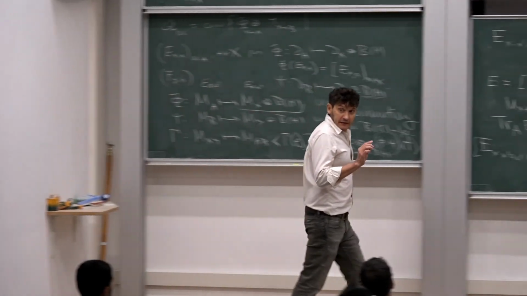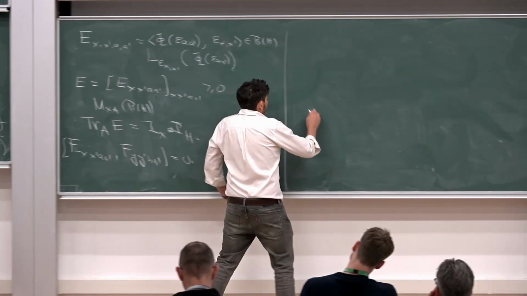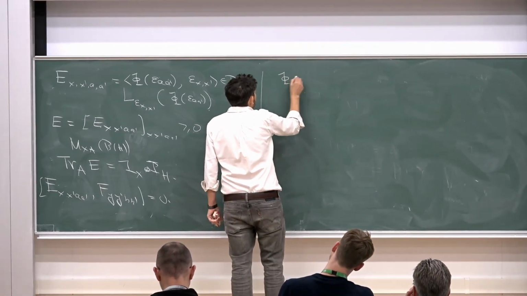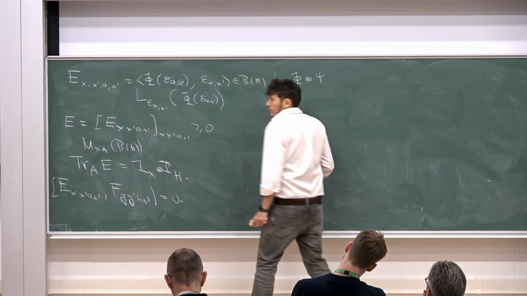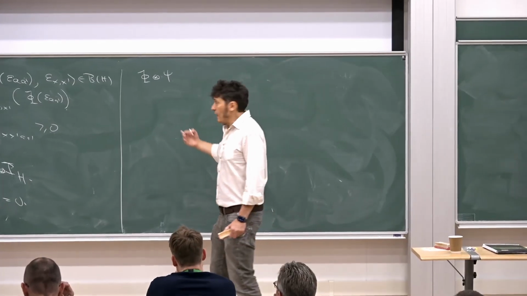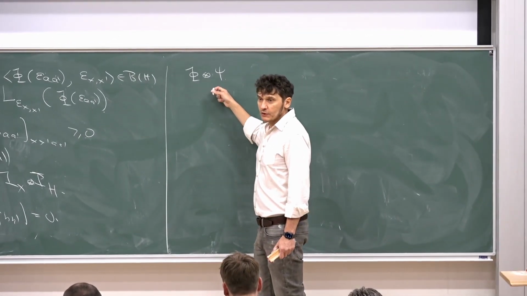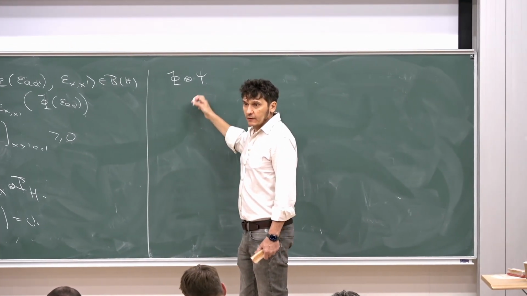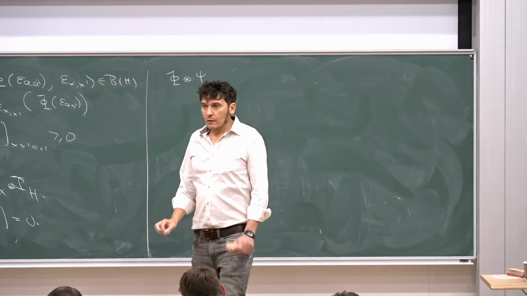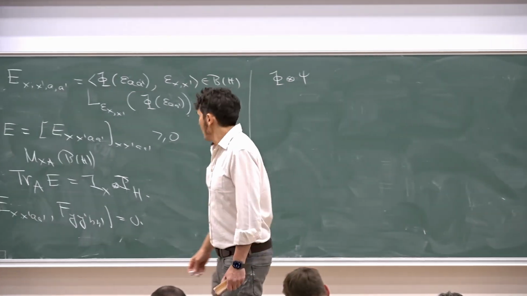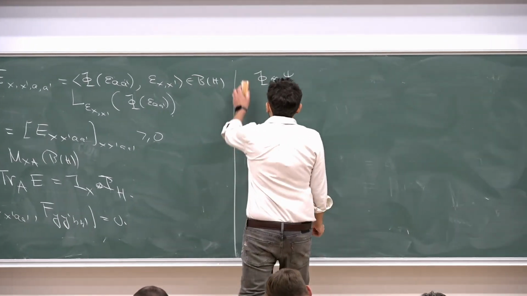So let's see the tensor form. The tensor form is just phi tensor psi. This operationally has a perfect sense because Alice is applying a channel phi, Bob is applying a channel psi. Yeah, but that's not what we want because they're not both acting on the same H. All right.